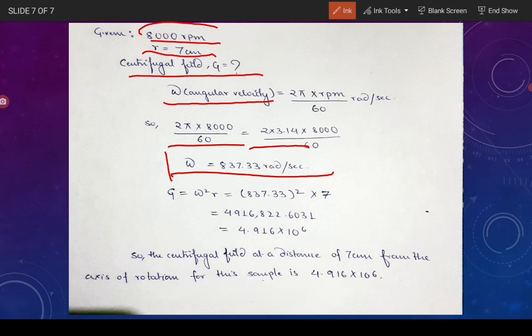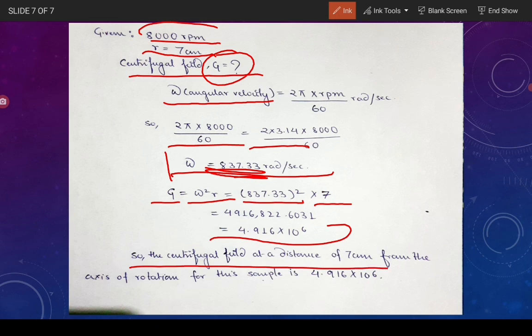Now we need to calculate G. So here G is equals to omega square R. Omega is already calculated, 837.33 square into R is 7. So here it is calculated. So the centrifugal field at a distance of 7 centimeters from the axis of rotation of the sample is 4.91 into 10 to the power 6. So using these formulas, you can solve any kind of numericals about